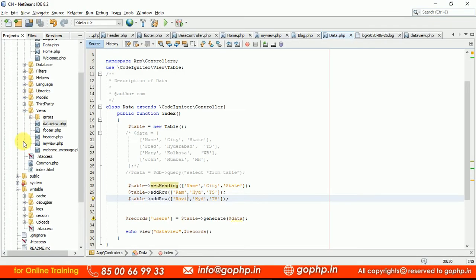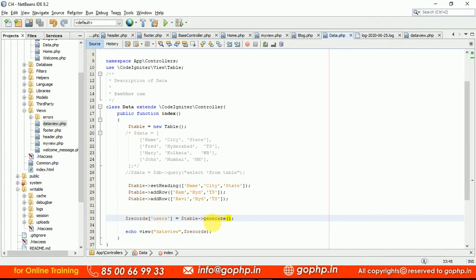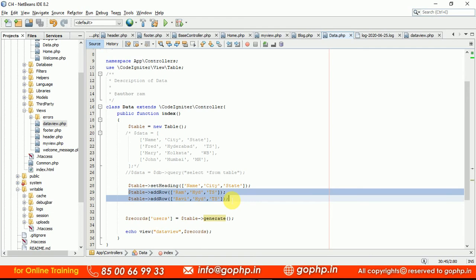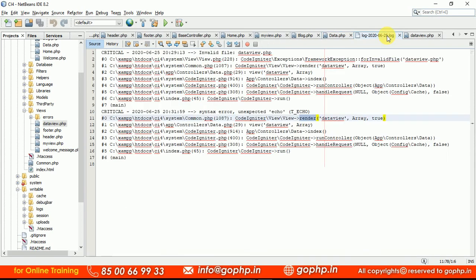So in this situation, for this generate table, we don't have any data, right? Do you have any data variable? We don't have any data, so you have to pass empty. Actually we are still getting data, no problem, but now you have to pass an empty table and empty data. The generate method should not contain anything, guys. In this situation we are manually setting, we are not having data from any resource like an array of arrays or from a database. So then we simply have the generate method with an empty parameter. We don't need to pass anything to it. So let us check, is there any error here or not? We don't have any error.